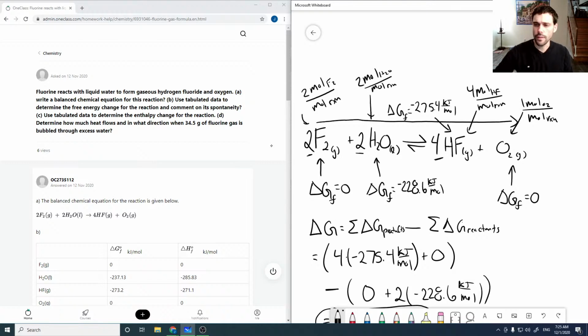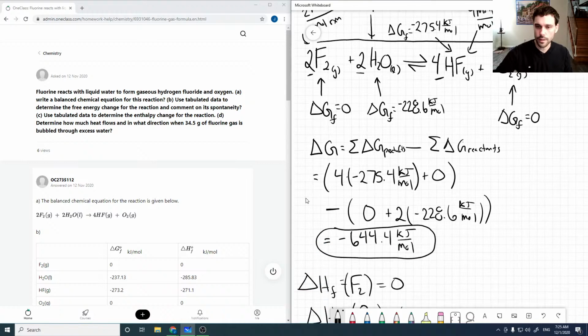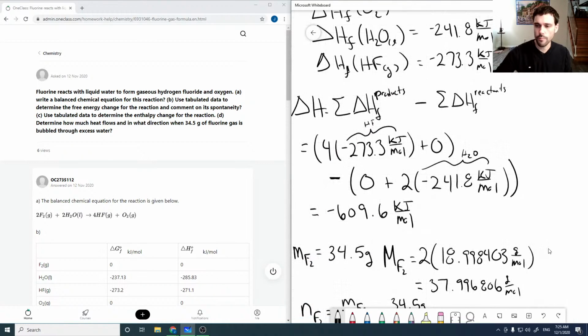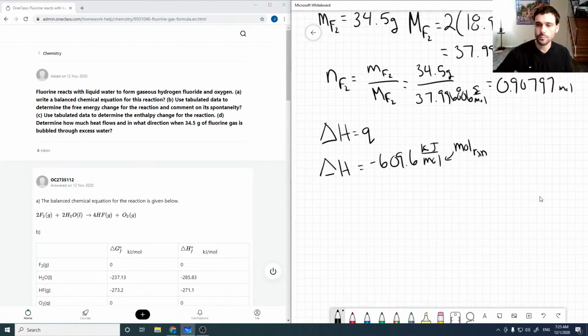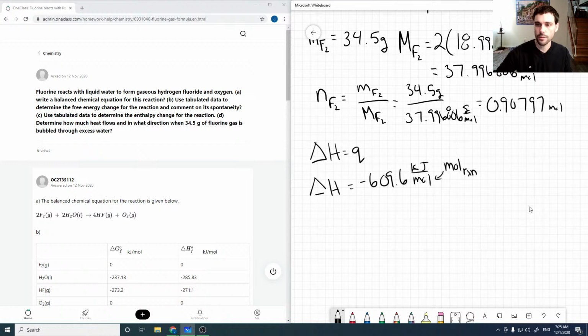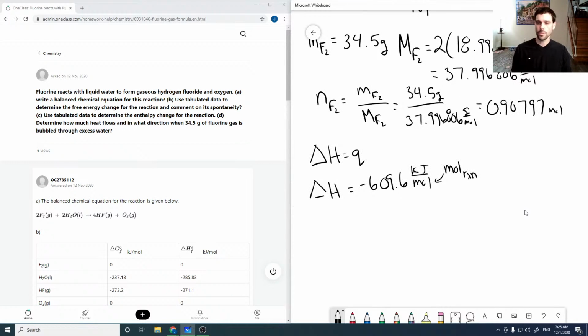Okay, so that's the way I like to think about it, because that's really what the mole is that we solve for in our delta H here. So to get our total heat flow, it'll be delta H times N,